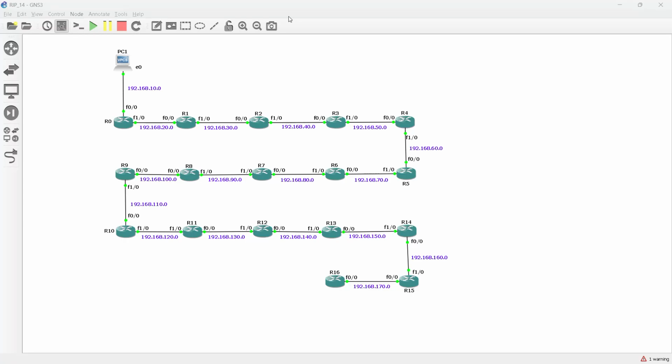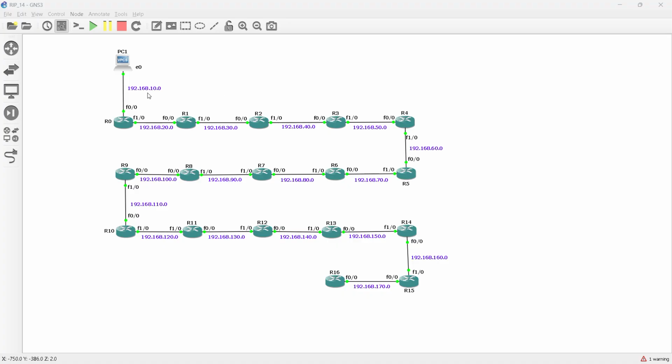Hi everyone, in this lecture we will see how hop count works, as in we will count till 16, as you can say we'll count till infinity, right? So we'll see why it has a limit of 15, and after that what exactly happens, how the unreachability happens, right? Okay, so now as you can see in this topology,